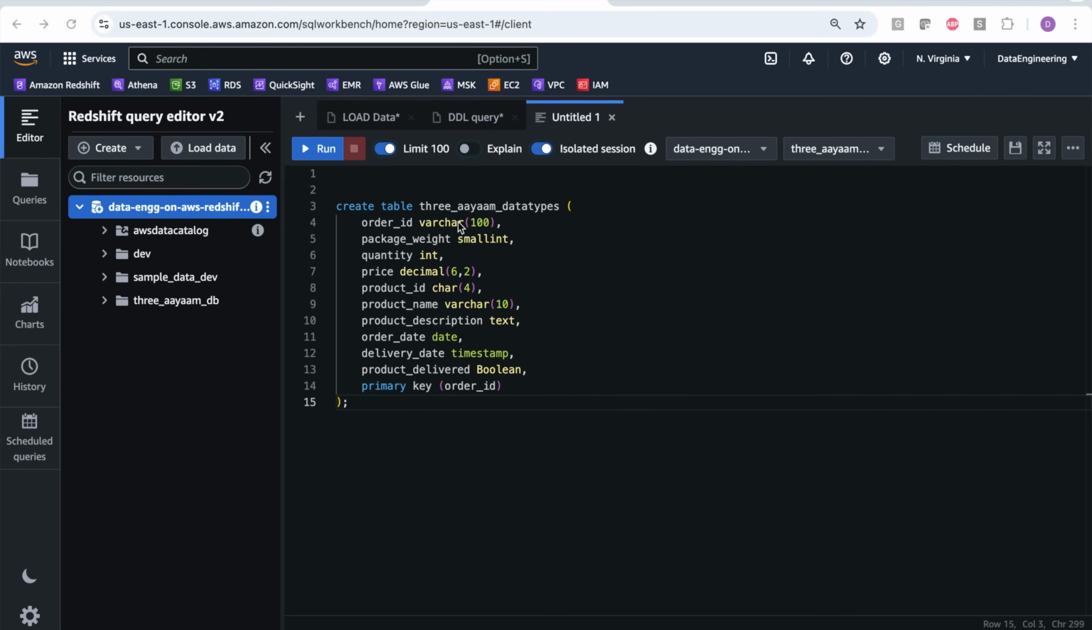For this particular demo, I'm going to create a table named 3IAM data types, and here I have used all the data types, or at least most of the data types, that are there in Redshift. In the first one I have varchar, order ID, then package weight, which is small int, quantity is integer. Small int is int2, quantity is int4, then I have price, which is decimal 6,2, product ID is character, product name is again varchar 10, product description is text, order date is date, delivery date is timestamp, and product delivered yes